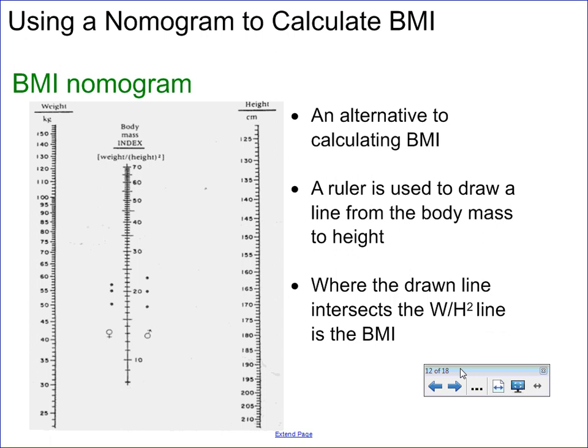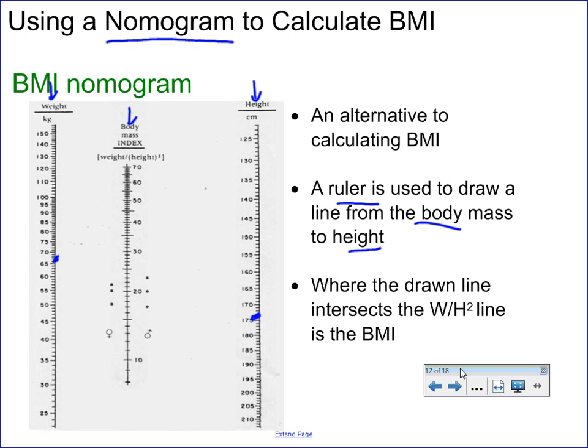There are different ways in which a BMI score can be calculated. One of them is by using a nomogram. A nomogram is basically where you have one set of measurements on one side, another set of measurements on the other side, and then in the middle is what you're trying to calculate. So in this case, BMI. The way this works is that you use a ruler to draw a line from the body mass to the height. So if we have a body mass of, we'll say, 65 kilograms and a height of